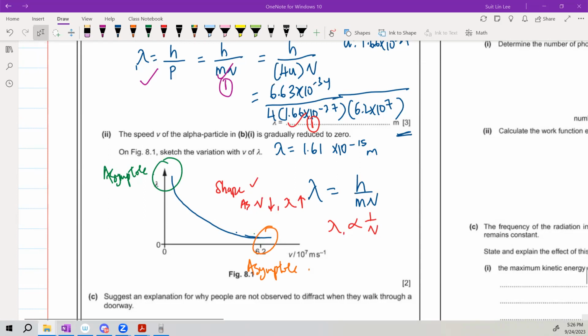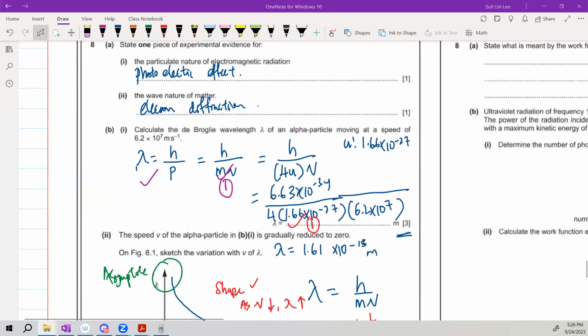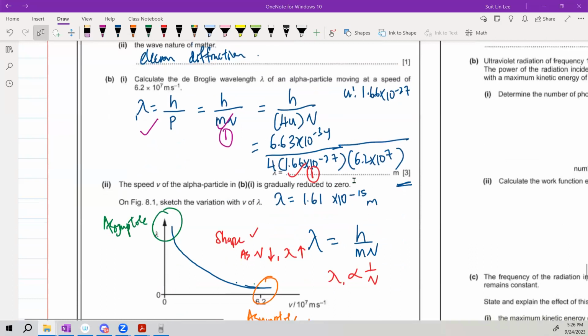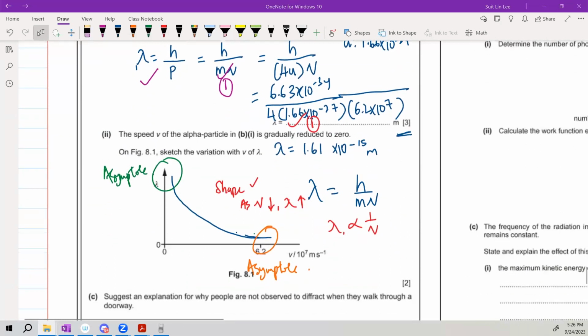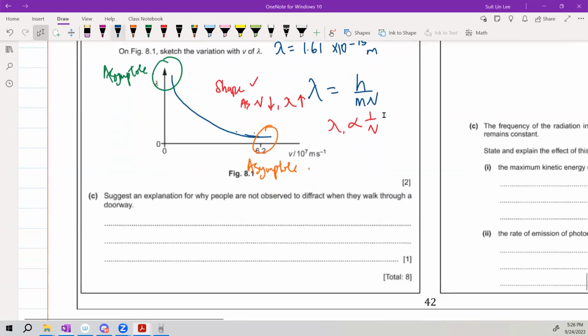Okay, finally, suggest an explanation why people are not observed to diffract when they walk through a doorway. 1 mark, 3 lines. Okay, so if you look at the calculation for the wavelength that you did for alpha, this is already very, very small. And a doorway, I don't know what door you are talking about, but there's no way a doorway can be this small. Okay, so you can say that the wavelength of people